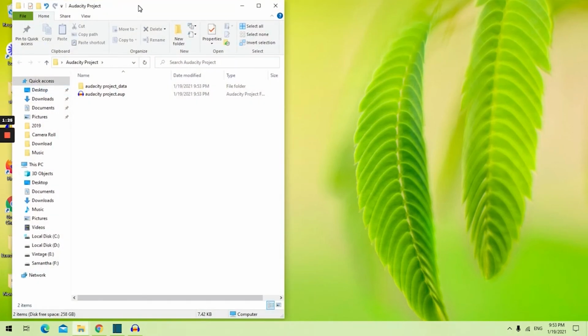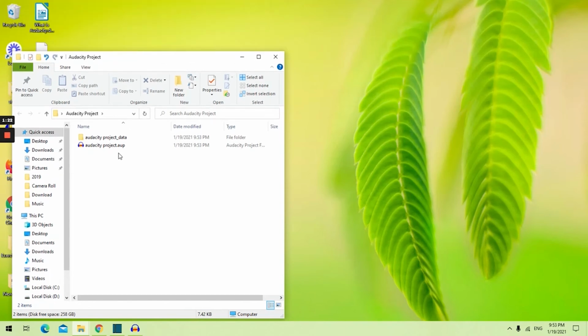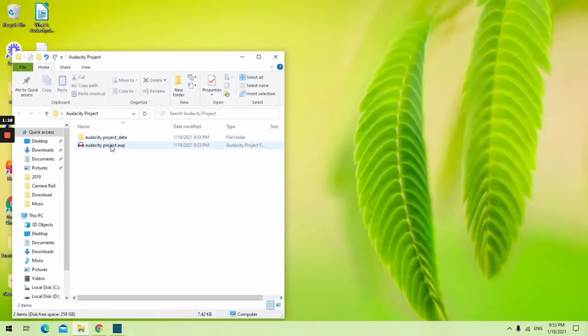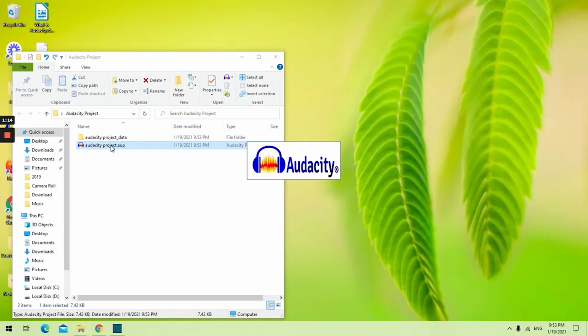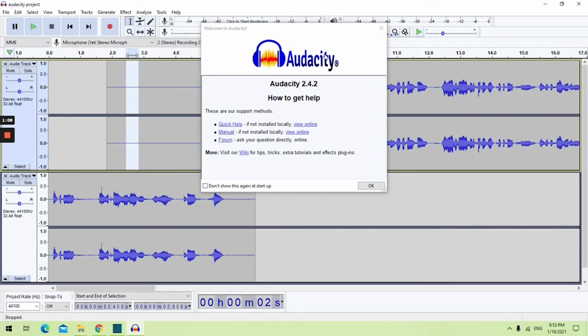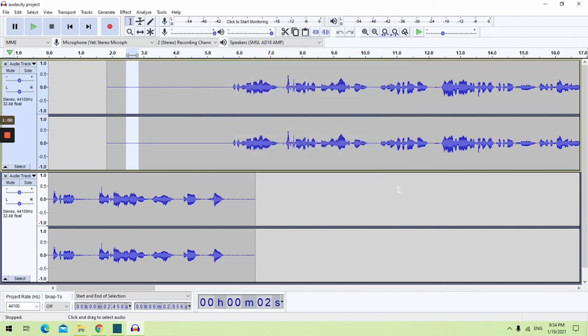And I selected the Audacity Project folder, and inside you will see what I was talking about. This is the actual project, and I'll go ahead and close this out for now. If I were to select that directly, it will retrieve that project for me. And remember earlier I said that these tips will show up every time you open up the Audacity program. You can select don't show this again at startup and then press OK. Just get it out of the way,